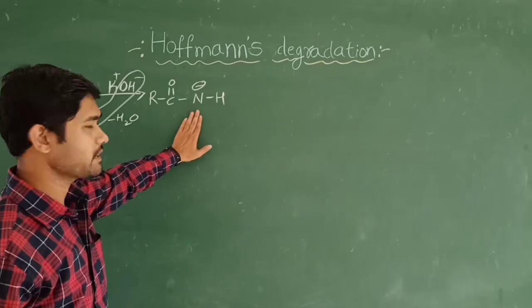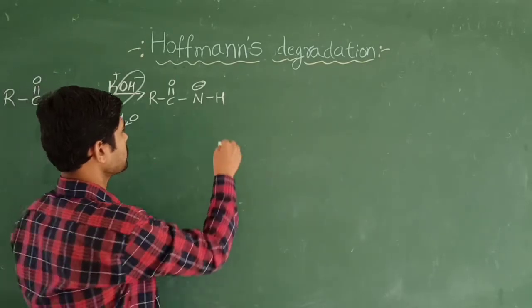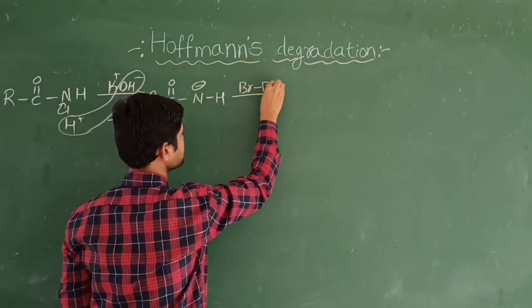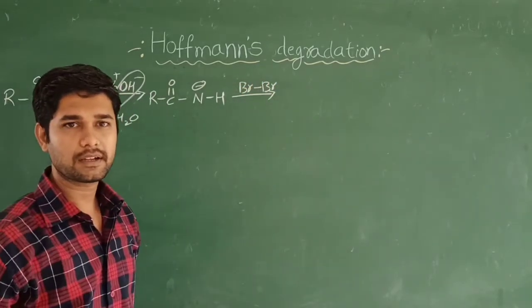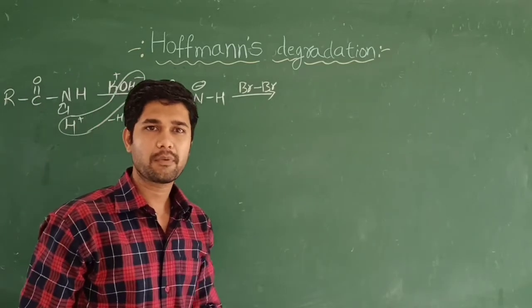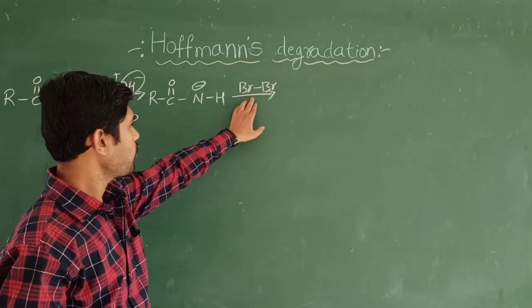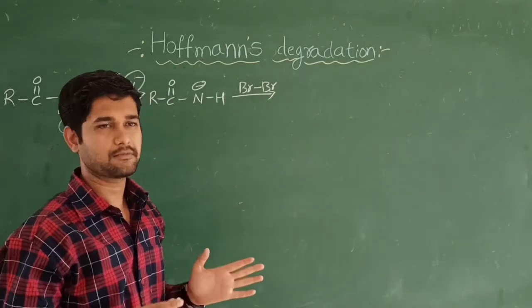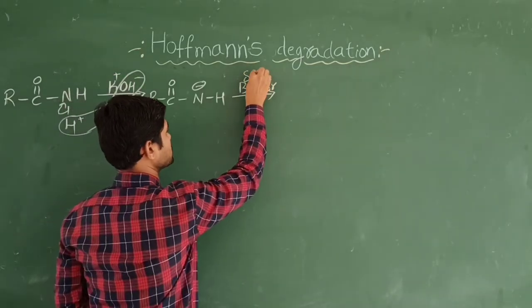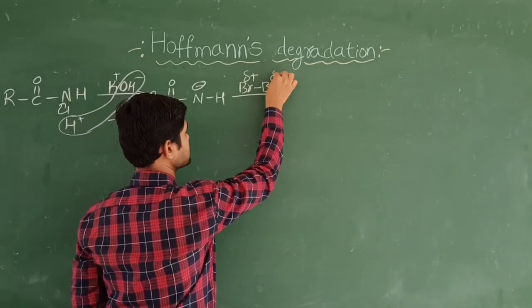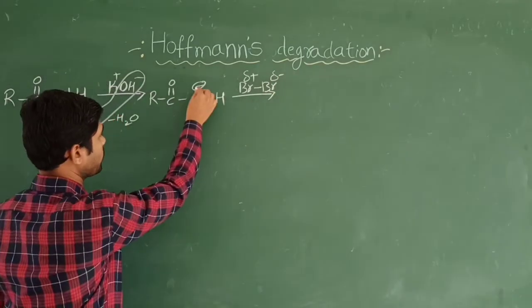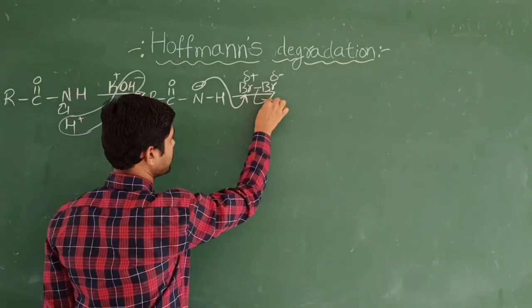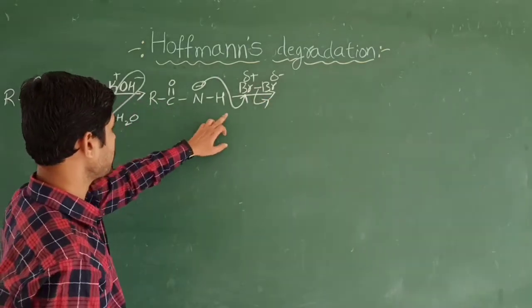Now this is ready to attack as a nucleophile. So now I am going to treat it with the bromine unit. One bromine molecule is used in this bromamide degradation. You know that halogens are good leaving groups and are also electronegative. Here homolytic cleavage takes place, where homo means the same molecule, so one acts as a partial positive charge and the other as a partial negative charge. The nucleophile is attracted towards the positive side and the remaining part is eliminated. Now I am going to write it like this.